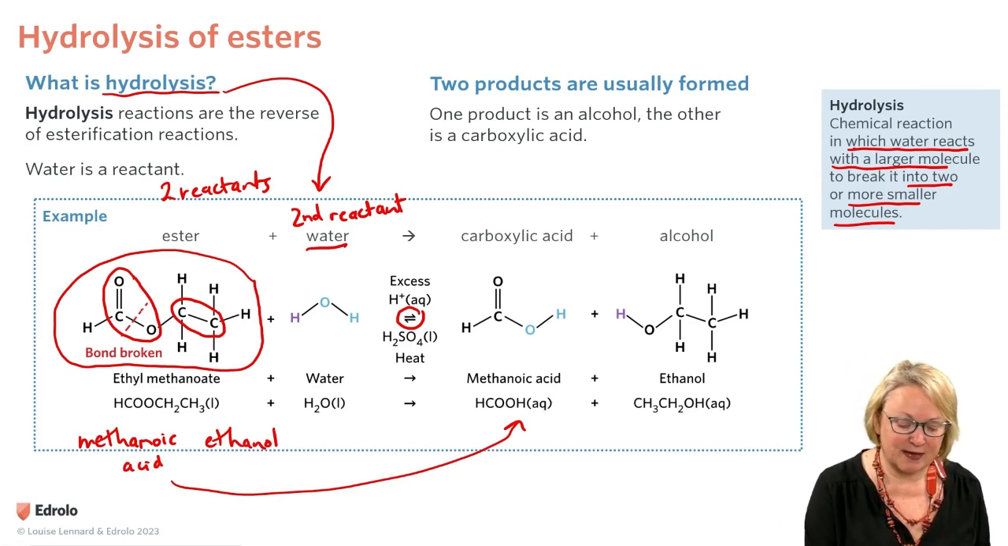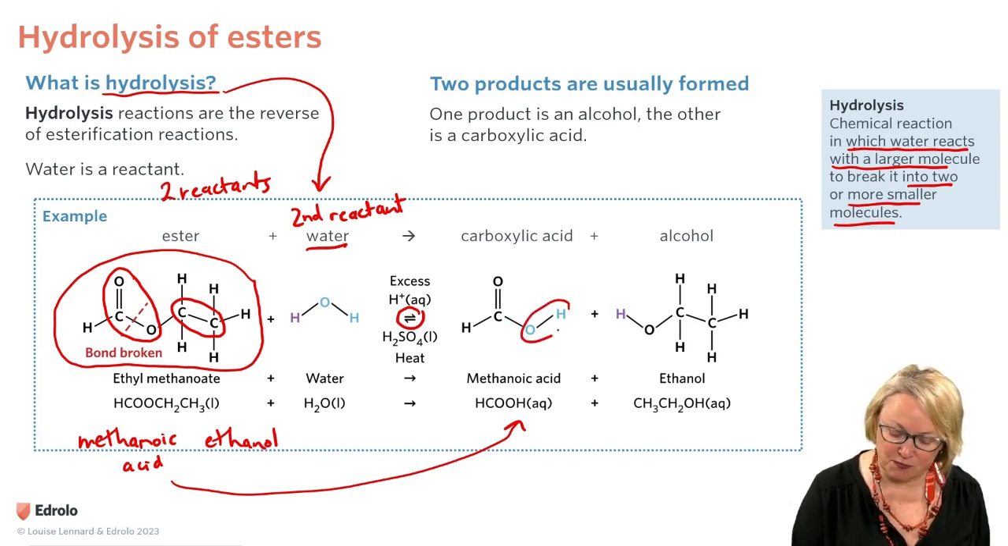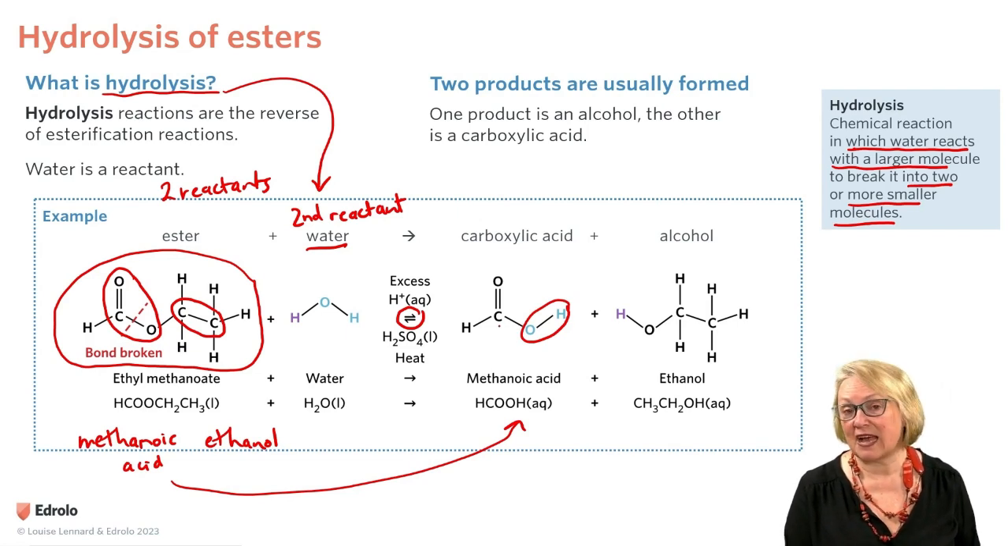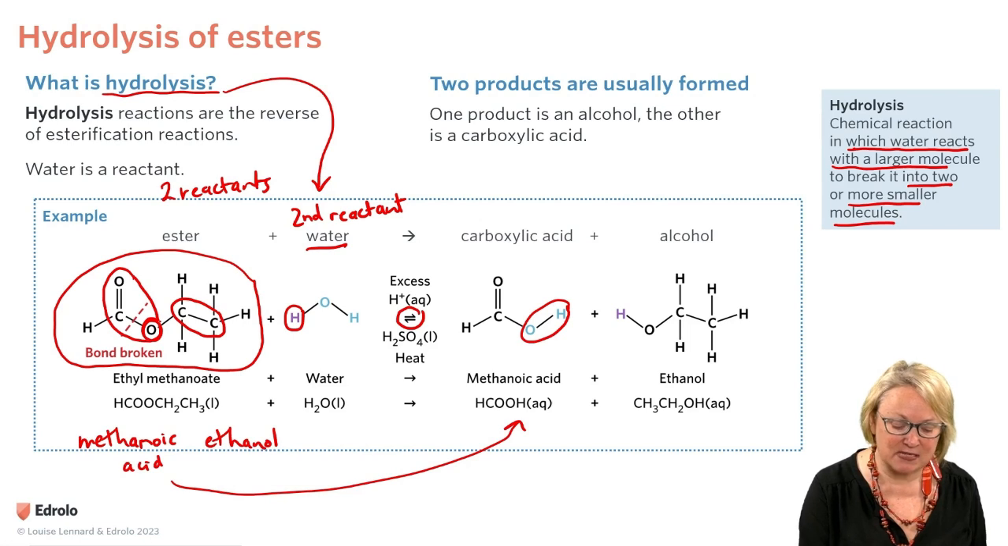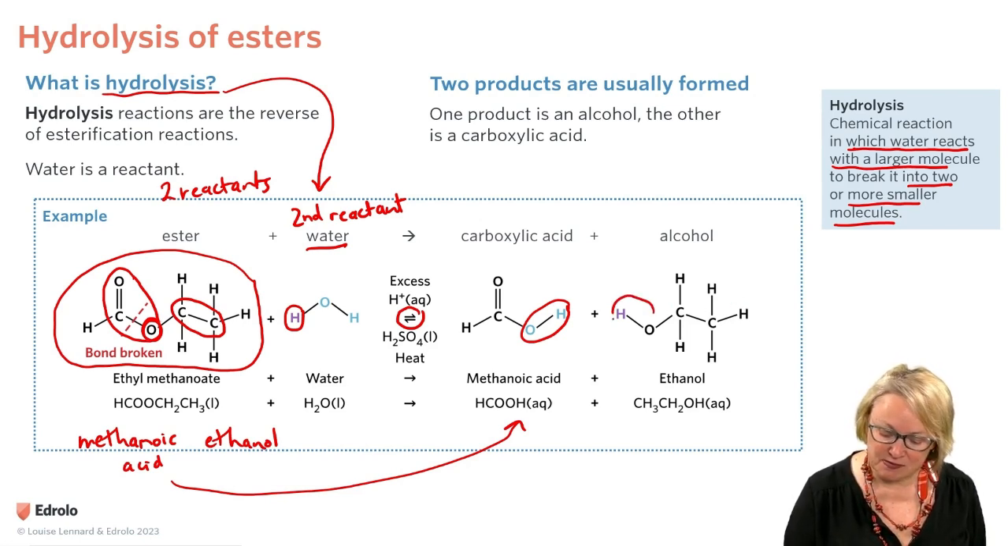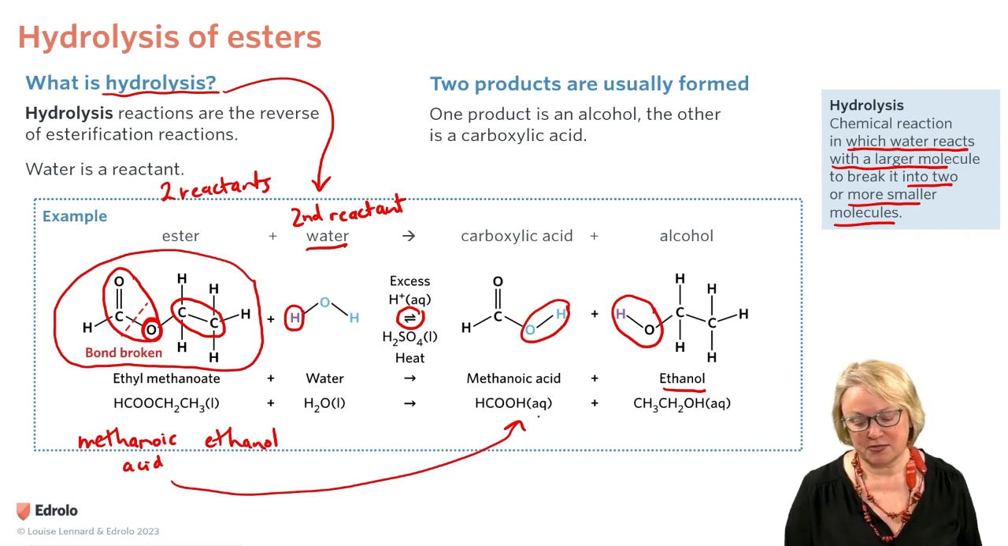So we break our ester link, we break that, and we put the OH from the water on to that carbon that's got the carbonyl group. So we've made a carboxyl group. So we've made methanoic acid here. And the other hydrogen from the water gets added onto the oxygen that remains and becomes hydroxyl group. So we have ethanol here. So ethyl methanoate reacts with water in the presence of acid, concentrated sulfuric acid and heat to produce methanoic acid